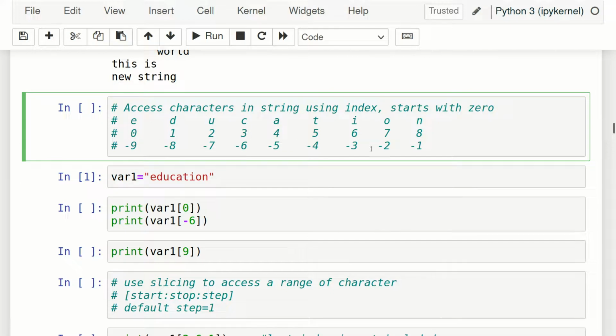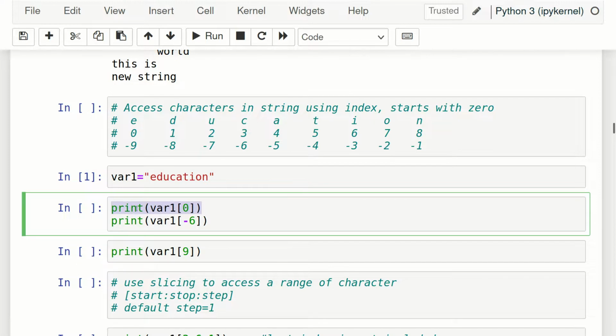And there is one more way of indexing, which is negative numbers. This is like this, start from the last and -1, -2, -3. So both indexings are correct, either you can use this one or this one. Now see, suppose I have to get the character which is at index 0. So I have to write like this. Suppose I have to print this, then print and then the name of the variable which is var1, and then square brackets and then whichever index number you want to get. So suppose I want to get the character at 0th index and the character at -6th index. -6 means -1, -2, -3, up to -6 is C.